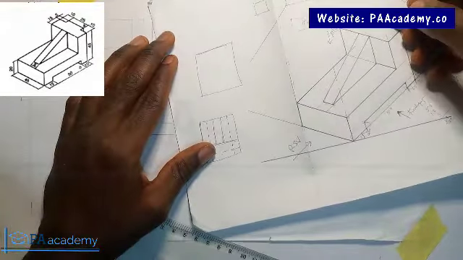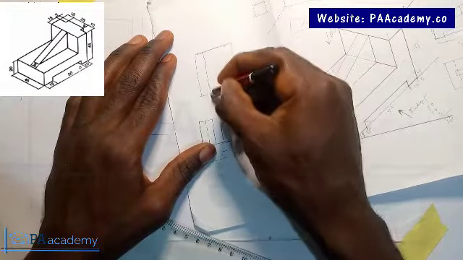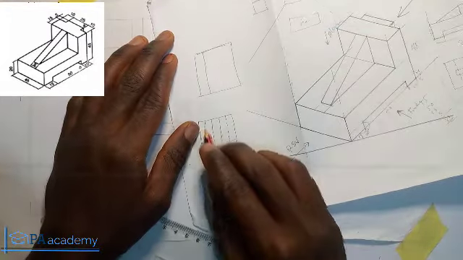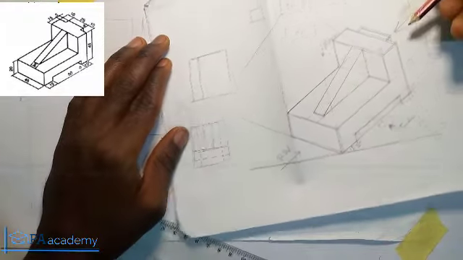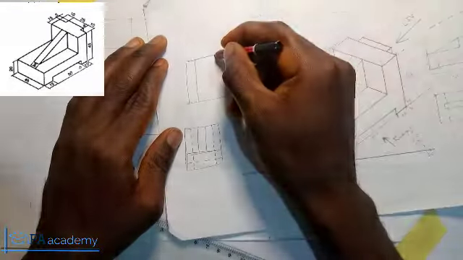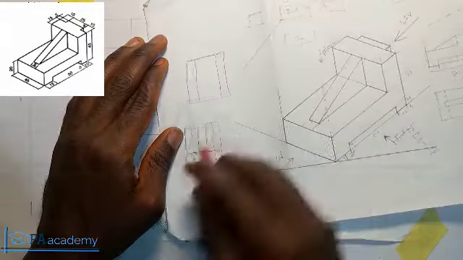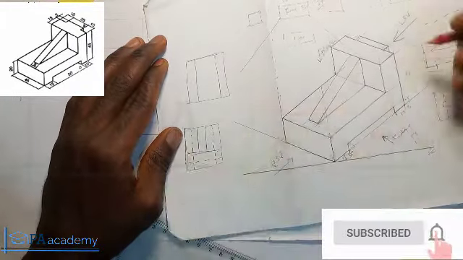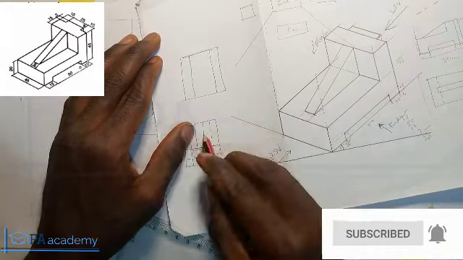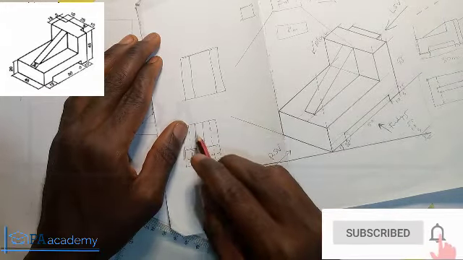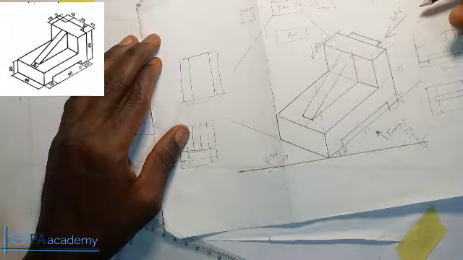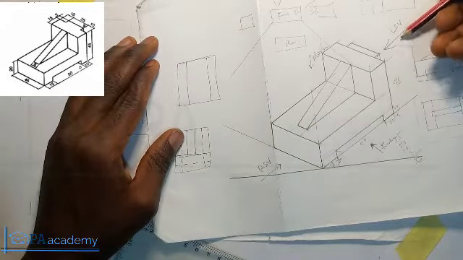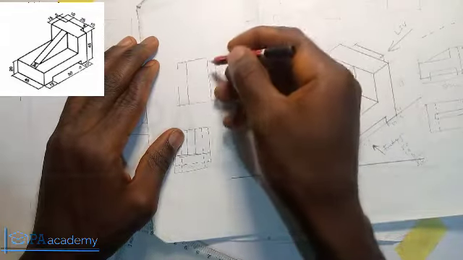Now this line also, we are going to see it. Unlike this place now, when we are looking at it from here, you can't see it. But if you are looking at it from this side now, you can see it. So we are going to be using a thick line instead of short dashes. Exactly. Then you see this, where we have this thick line, because if you are looking at it from here, it's visible. But now if you are looking at it from the back, let's call this the back, it's not going to be visible. Exactly. So it's going to be